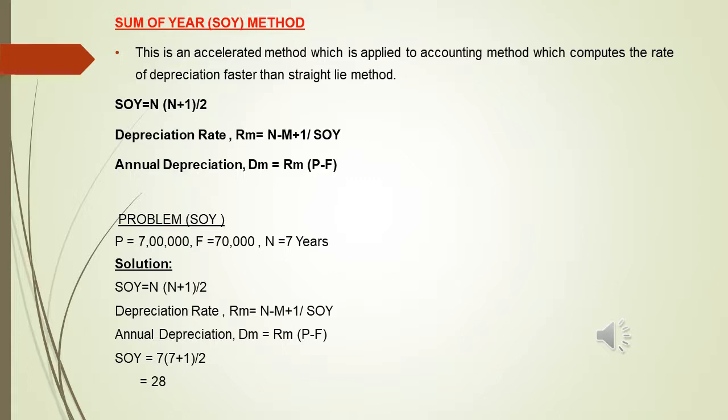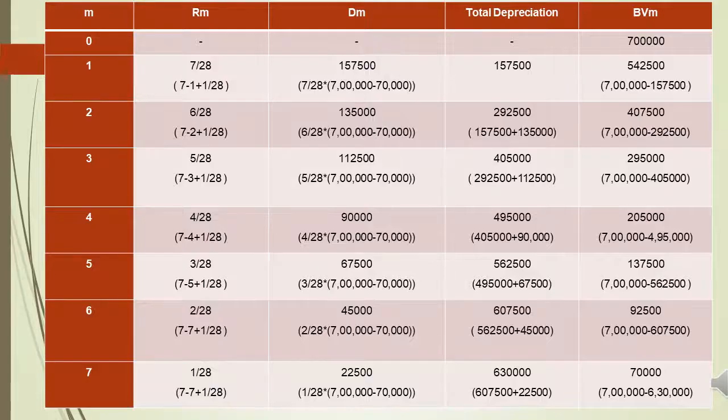Next, what I have to do is make a tabular column to find depreciation, total depreciation and BVM, which is similar for all other problems. So to calculate that, I will prepare a tabular column. In the next slide, let's go through it. So let me draw the tabulation. I will make 5 columns. The first column will be years. M is nothing but year.